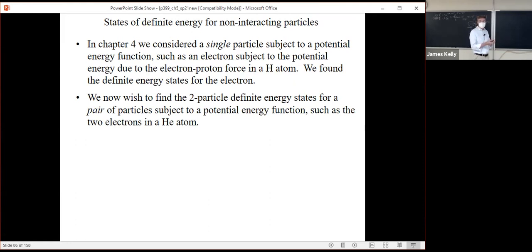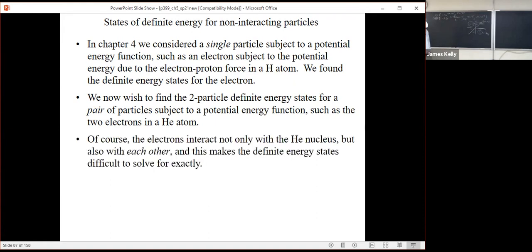They're attracted to the helium nucleus, which has positive, plus 2e charge on it. And we want to describe it, but there's a complication. The electrons, of course, are attracted to the helium nucleus, but they also repel each other because they're point particles with opposite signs, right? And so the potential energy function doesn't just include the electron-nucleus interaction, but it also includes electron-electron interactions. And that, at least on paper, you can solve things like this numerically on computers, still not